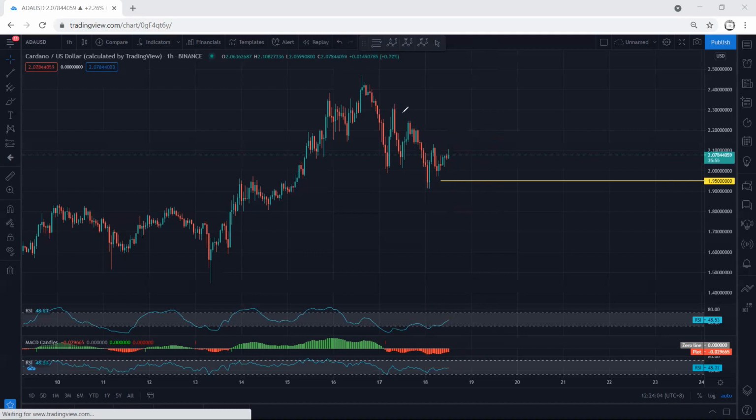But how about if this is the only correction relative to this two, and this is the start of the up move? I don't think we can get a really good trade setup, because even if we want to look for a trade, we have to see the continuation flag, then take the trade, or we can have entry above this. Unless this one gives us one more drop, we see the flat, then maybe we can have entry above this. That's why, for me, if I want to get a trade, the best thing I prefer is to get one more drop with the breakout of this low. Then I refer to the indicators. If I see the divergence, then any reversal, I will take the trade.